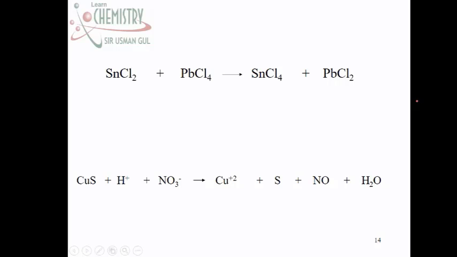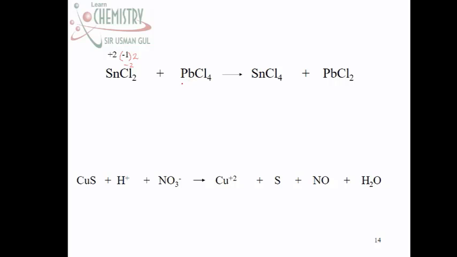We have to write down the oxidation state of every element. Right now let's talk about chlorine. First I will write down the oxidation number of chlorine, that is -1, but there are 2 chlorine, so the oxidation state would be -2. To balance -2, the tin must have +2 oxidation state. Similarly,